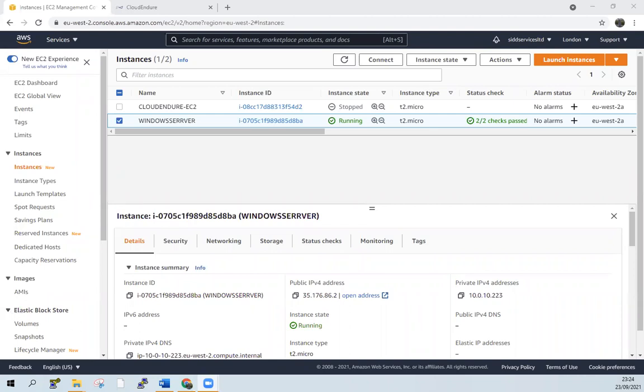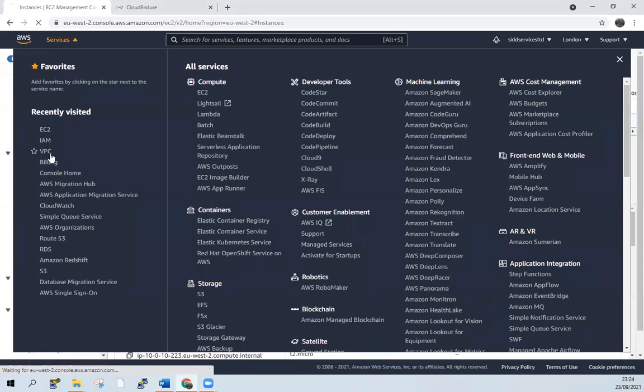Today I'm going to show you CloudEndure server migration service. I'm going to move my Windows server from one location to another, which means from one region to another region. What I need to do for that is set up a VPC first,